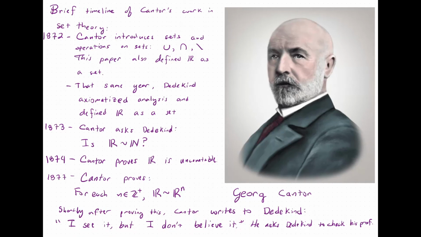Now, this quote, the way that I'm phrasing it, makes it seem that Cantor did not believe what he had just proven. He believed what he had proven. What he was unsure about was whether his proof was correct. And that was what his intent was in his letter to Dedekind. He had proven this, but he was unsure if his proof was true. So he did not believe that the methods by which he proved this result were accurate. And so he asked Dedekind to look over his work and verify that his proof was in fact correct.